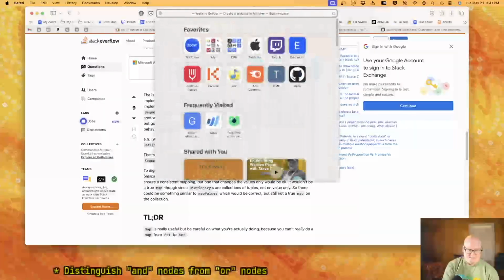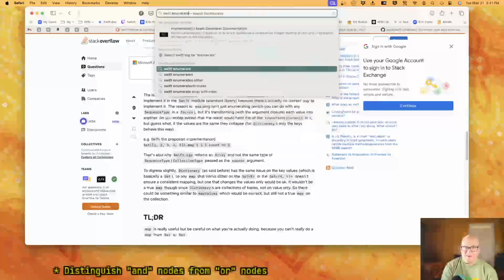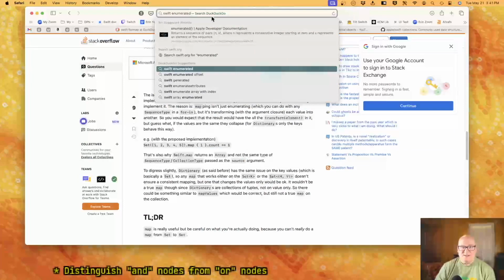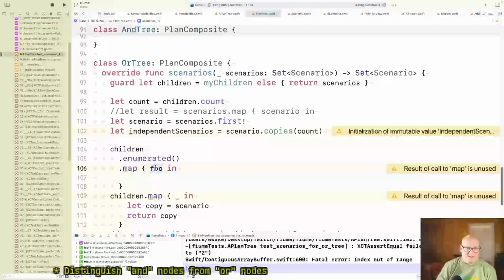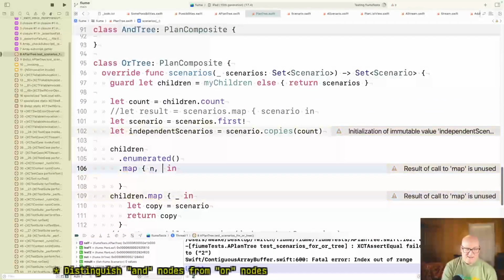I gotta look. I never can remember if the count is first or the pairs next. Okay, so it is first. All right, so this is n and child.